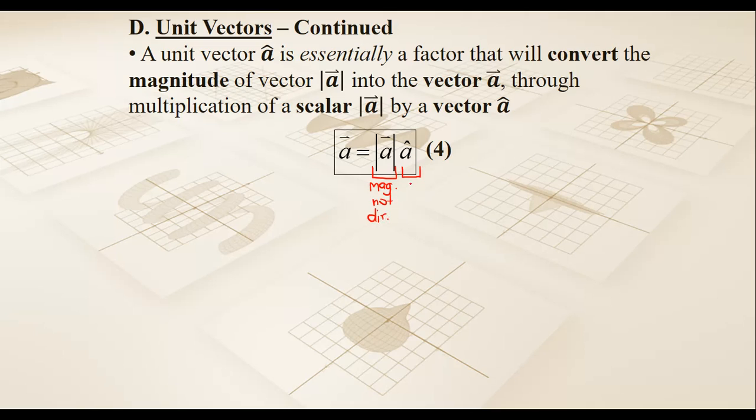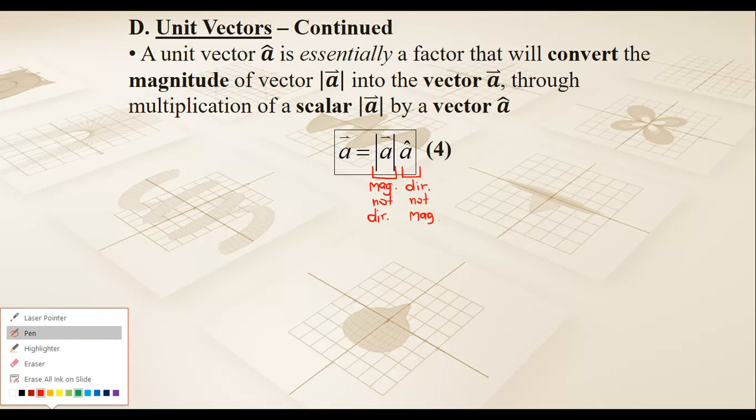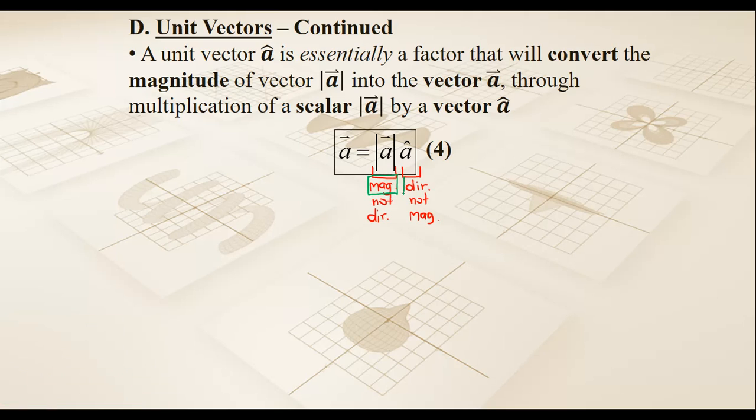The unit vector tells you direction, but it does not tell you the magnitude of vector A. Now, what I can do is if I take the magnitude of vector A and multiply by the unit vector, I can actually combine magnitude and direction together. And then what you end up getting is vector A, which has both magnitude